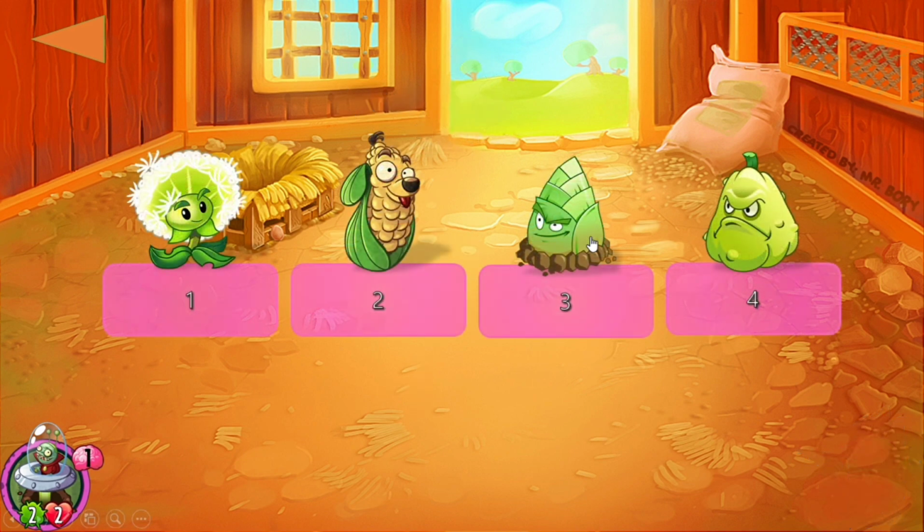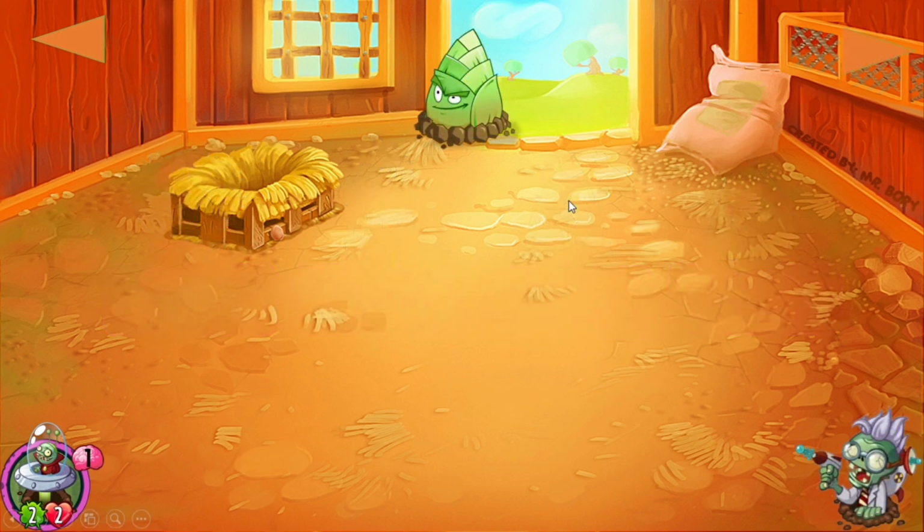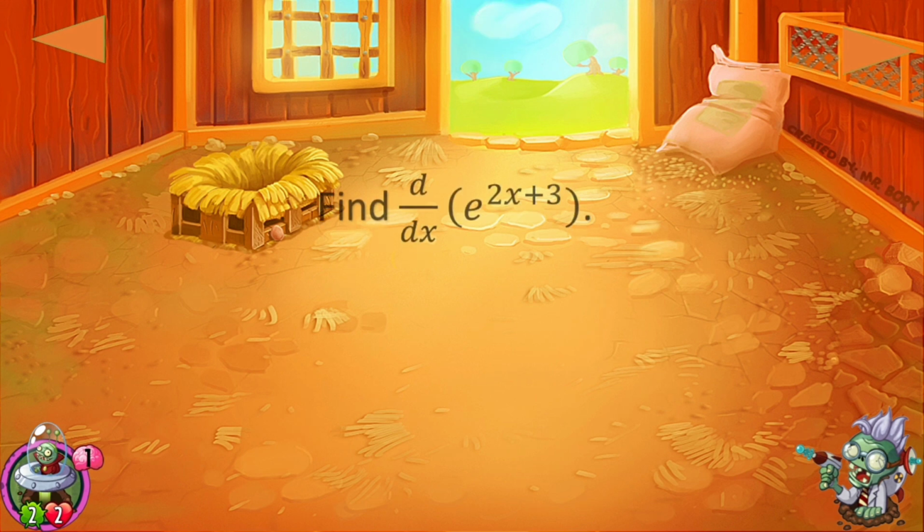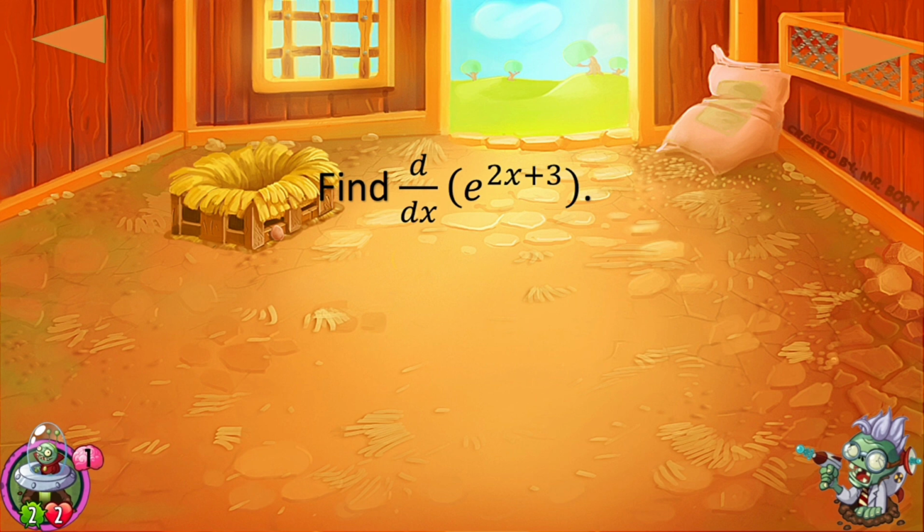Let's proceed now to number 3. So the question is, find the derivative of e raised to the power of 2x plus 3. A, 3e raised to the power of 2x plus 3. B, e raised to the power of 2x plus 3. C, 2e raised to the power of 2x plus 3. Or D,